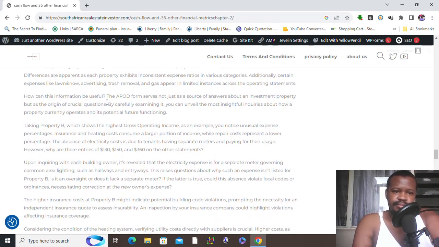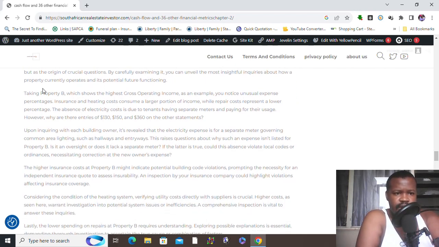How can this information be useful? The APOD form serves not just as a source of answers about an investment property, but as the origin of crucial questions. By carefully examining it, you can unveil the most insightful inquiries about how a property's expenses currently operate and potential future functioning. Taking property B, which shows the highest gross operating income, as an example, you notice unusual expense percentages. Insurance and heating costs consume a large proportion of income, while repair costs represent a lower